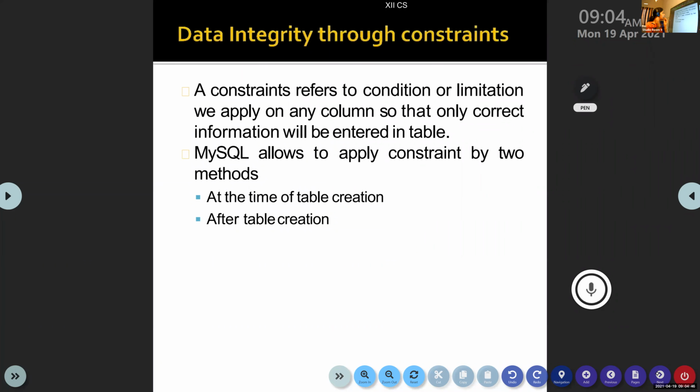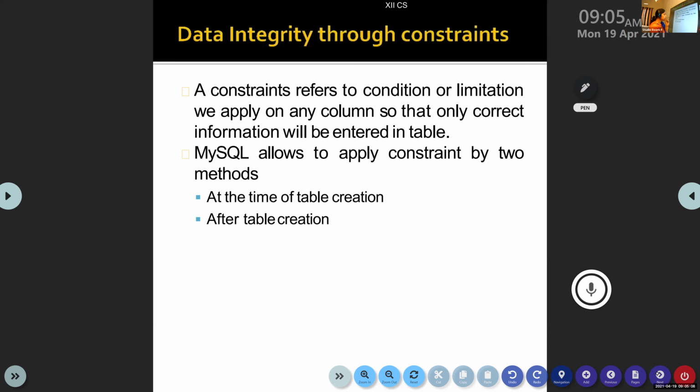MySQL allows two types of constraints. Usually we write the constraint at the time of table creation. Suppose we forgot to write the constraint at the time of table creation, then even after the table creation, you can add a constraint using the alter table command. That is also possible.